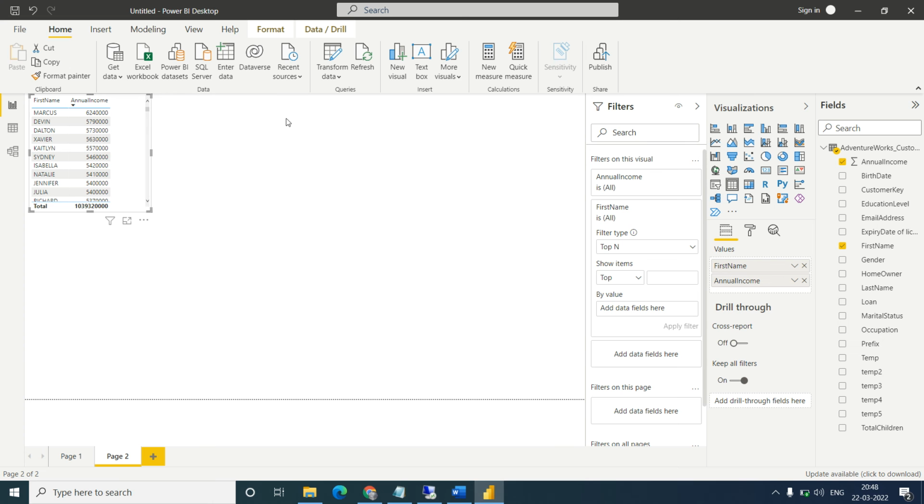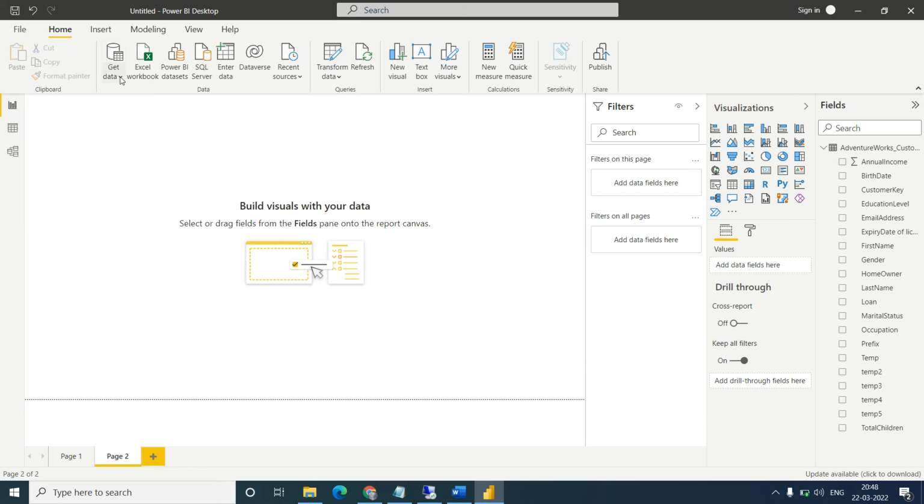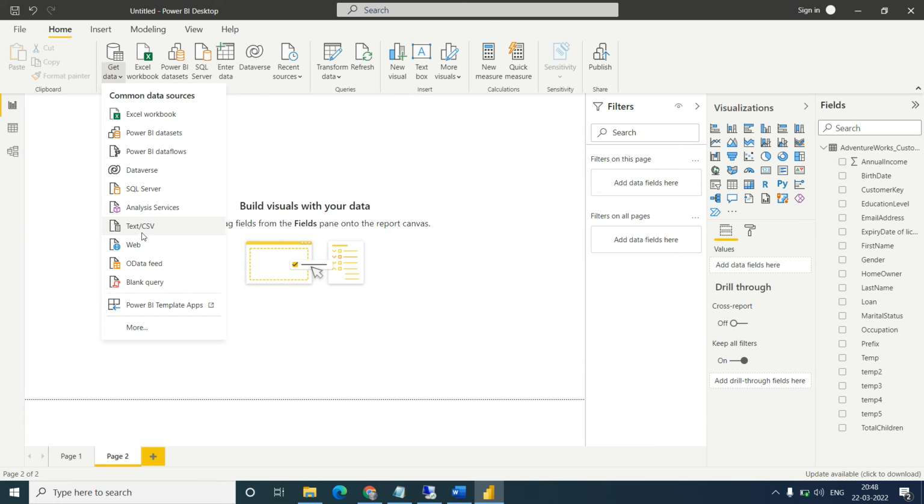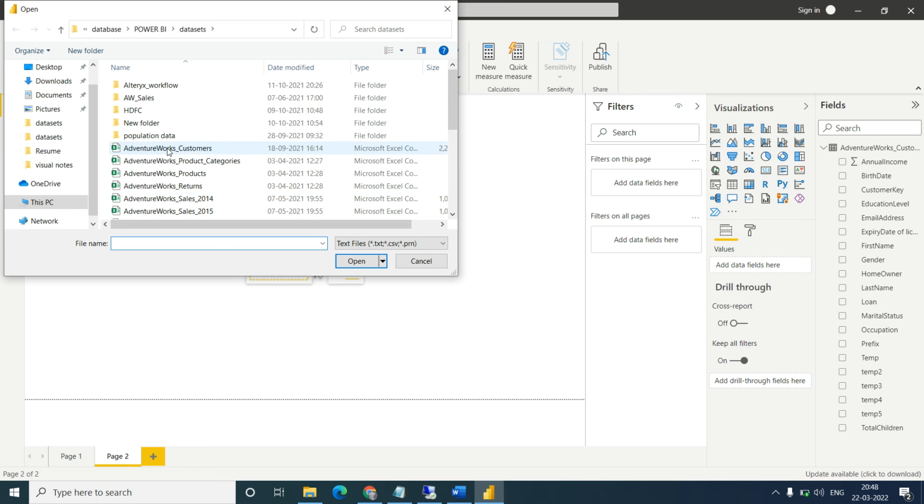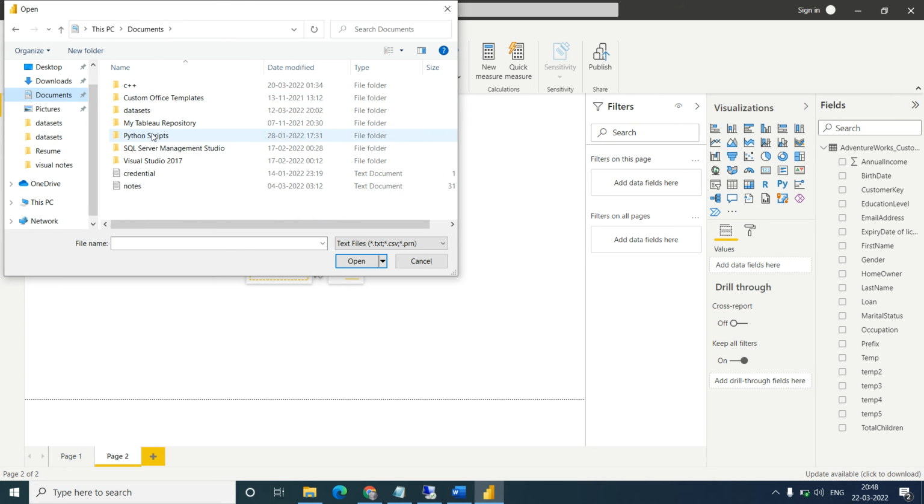Okay, let's connect with one of the data sets. I have one data set in Tableau. Go to Documents, My Tableau Repository, Data Source.